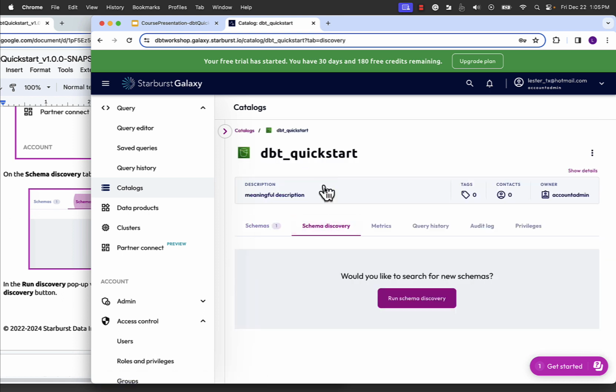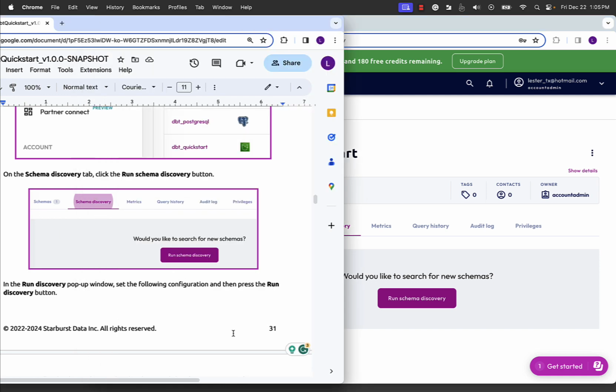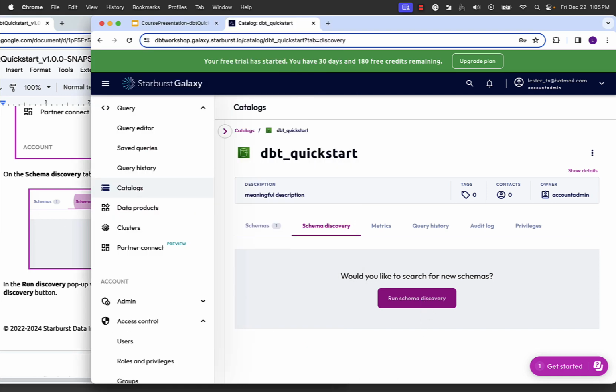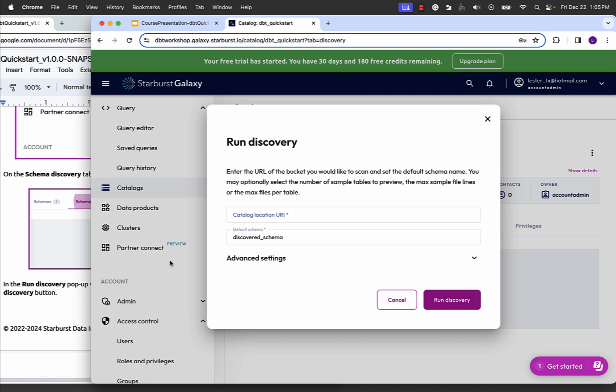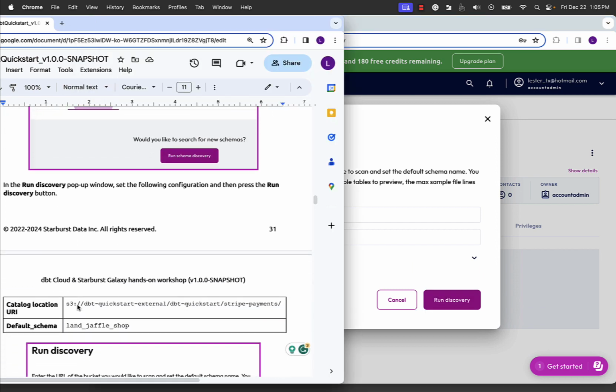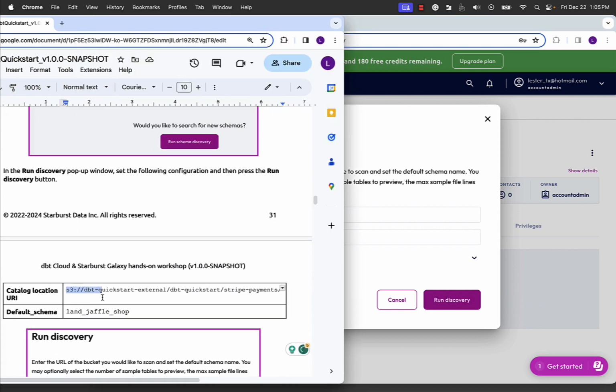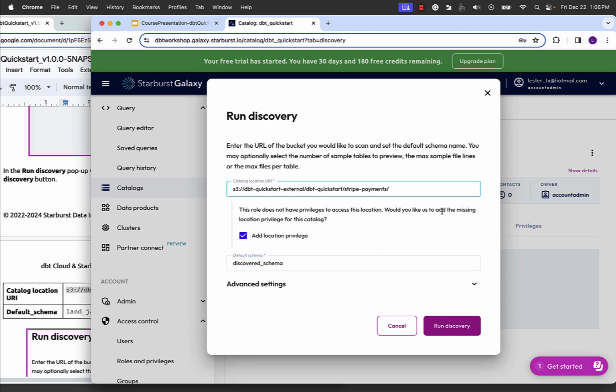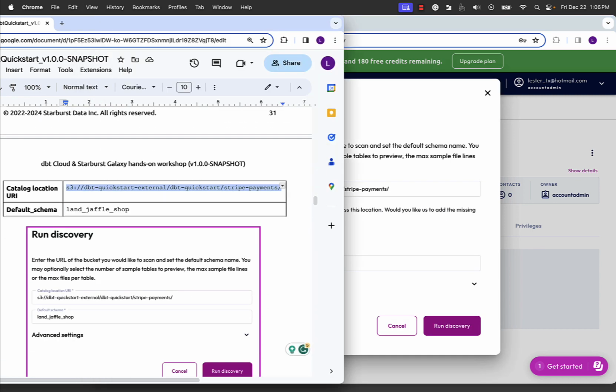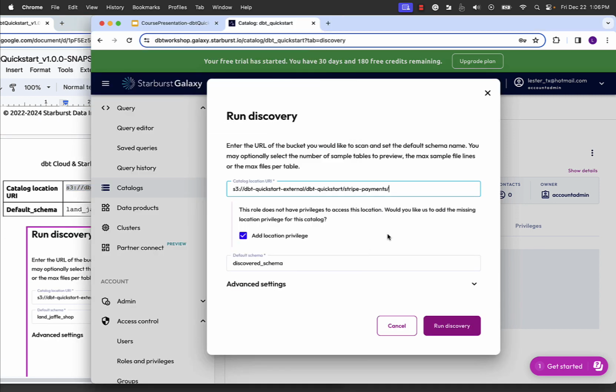So let's say Schema Discovery as it says. And we're going to hit this Run Schema Discovery button. Now here we have to just kind of point it to something. So we're going to point it to that location that our good friend said, hey, there's some payment data over here in this location. So we'll paste that in there. And from there, if we look closely,